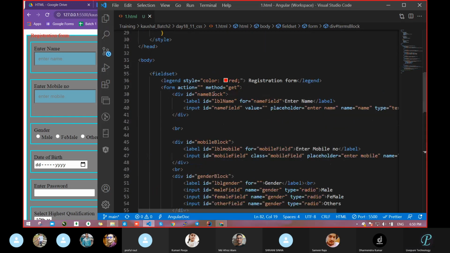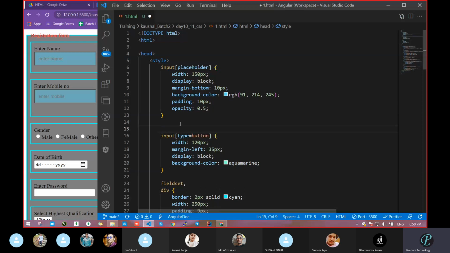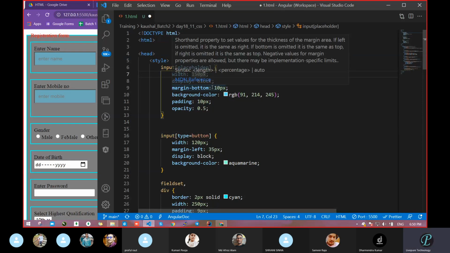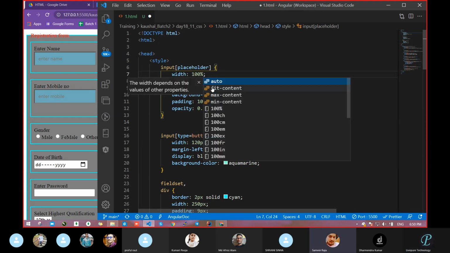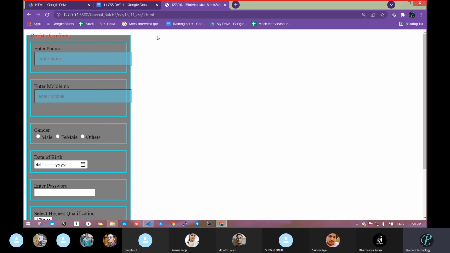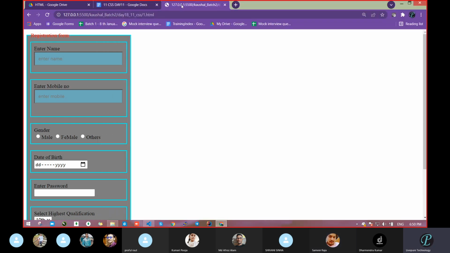What will we do? We will directly take it in all input cases, or otherwise directly take it here also, 100%. Now you got it up to the last border. We have to consider this a proper 90%. This way we can increase and decrease.